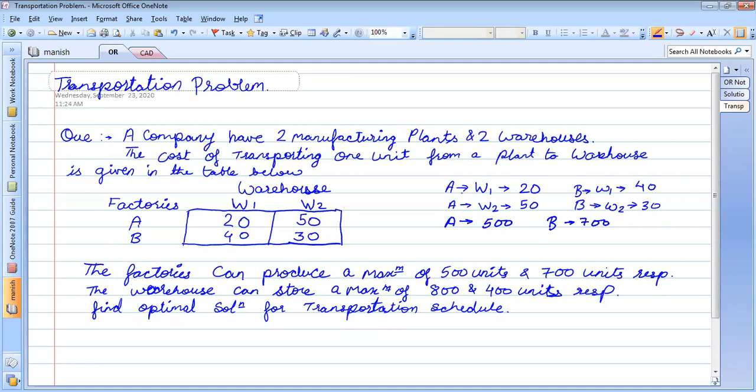Now the warehouses: W1 at BN Reddy can store a maximum of 800 bottles, whereas the warehouse at NGO's colony can store a maximum of 400 bottles.